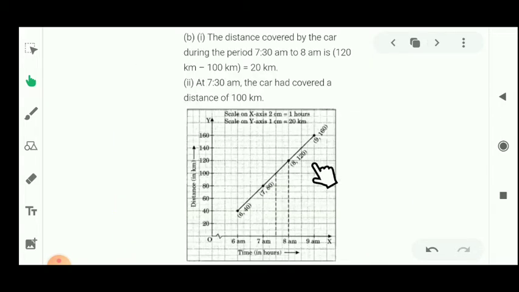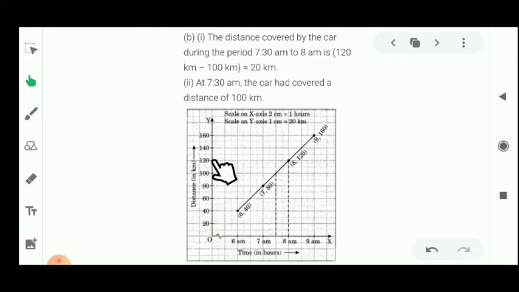Student, for the solution of this question, firstly you have to make another graph. Like firstly we have to make the y-axis, then we have to make the x-axis. On the x-axis, what will be the scale? X-axis means 2 centimeter equal to 1 hour. We have to give the gap of 2 boxes. You can see here is 2 boxes, then 6 am to 7 am, another 2 boxes we have to leave, then 7 to 8 2 boxes left, and 8 to 9 2 boxes left.